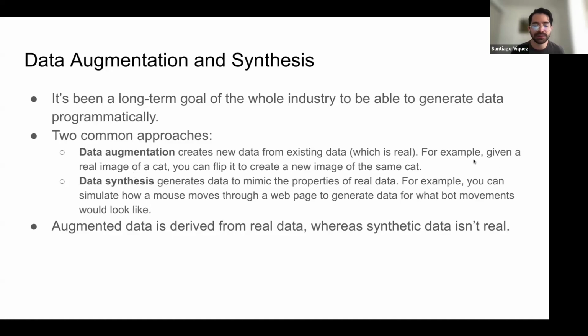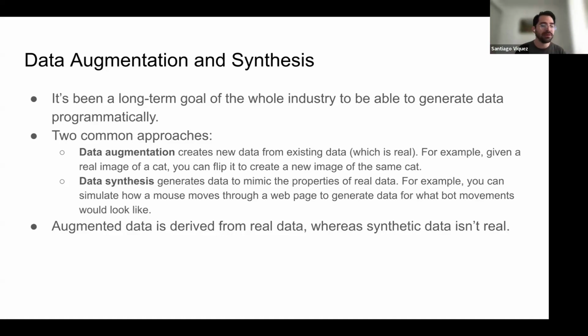And actually, an example here is, imagine that you have a real image of a cat, and if you flip that image, let's say 45 degrees, then you have a new image of the same cat, but it's a different image for your model, and basically teaches your model to also look at cats in different angles. That's data augmentation. If you have an image in color, and then you put it in black and white, then that's data augmentation. You have two examples. You're training your model to also be able to handle black and white images.